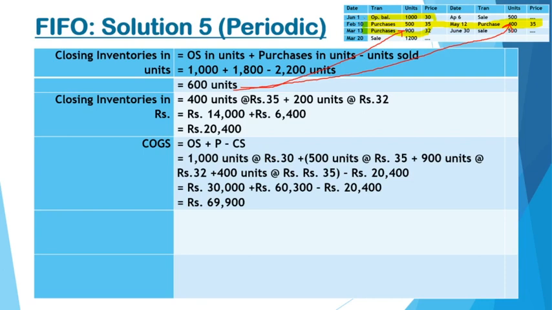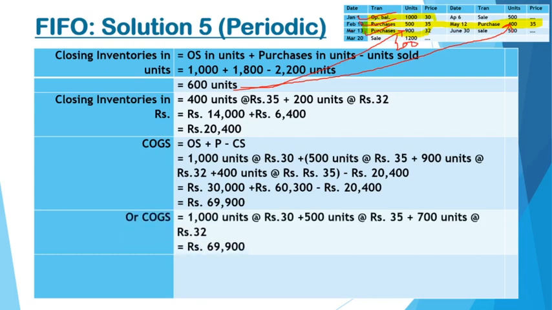So your opening stock is fully sold. This second lot is fully sold. And in the third lot, we know that 200 units were left, isn't it? Out of this lot, 200 units were left. It means 700 units must have been sold. So it's quite logical. Just follow the pattern. Okay, so it is 1000 units, 500 units, and 700 units. Now profit can be determined again like this. So that brings us to the end of the periodic FIFO system. This is how your first in first out system works.